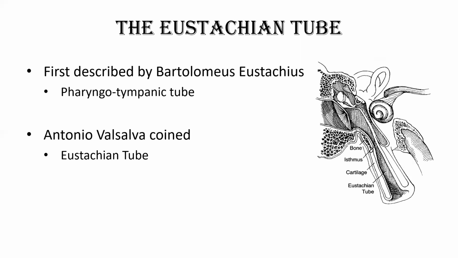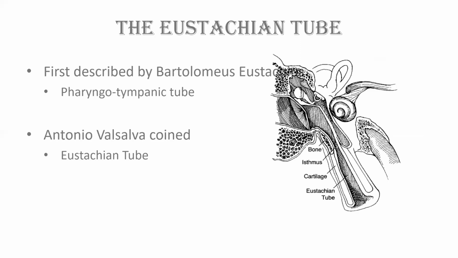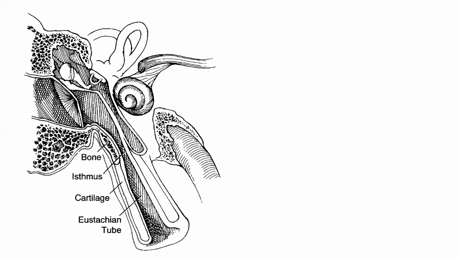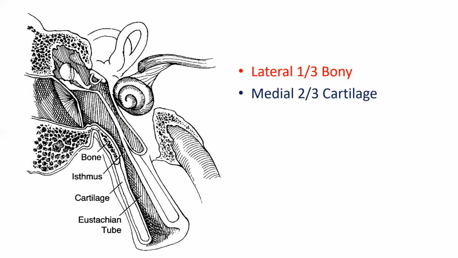Antonio Valsalva was the one who coined the term Eustachian tube in order to honor the contributions of Bartholomeus Eustachius. Just like the external auditory canal, the Eustachian tube is also made of a bony part and a cartilaginous part. The lateral one-third of the Eustachian tube is made of bony canal of the temporal bone. The medial two-thirds is made of cartilage. The junction between this bony part and the cartilaginous part is called the isthmus, which is the narrowest part